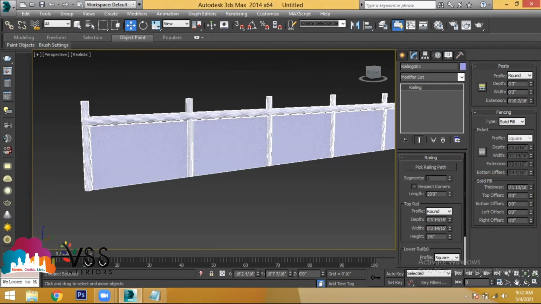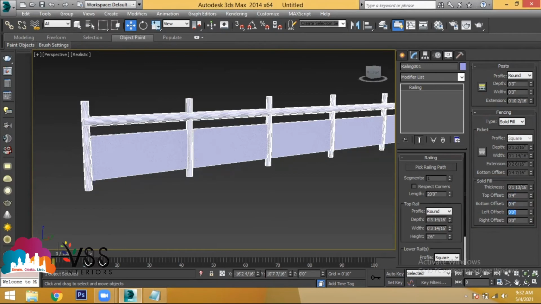And let's say top offset. When you give offset, it will leave some distance. Let's say from the top, I'm leaving a distance gap of 4 inches. From the bottom side, I'm leaving a distance gap of 4 inches. Left side 4 inches. Right side 4 inches. So I've left the distance gap from all the sides, that is 4 inches, 4 inches, 4 inches, and 4 inches. Clear? Any doubts?